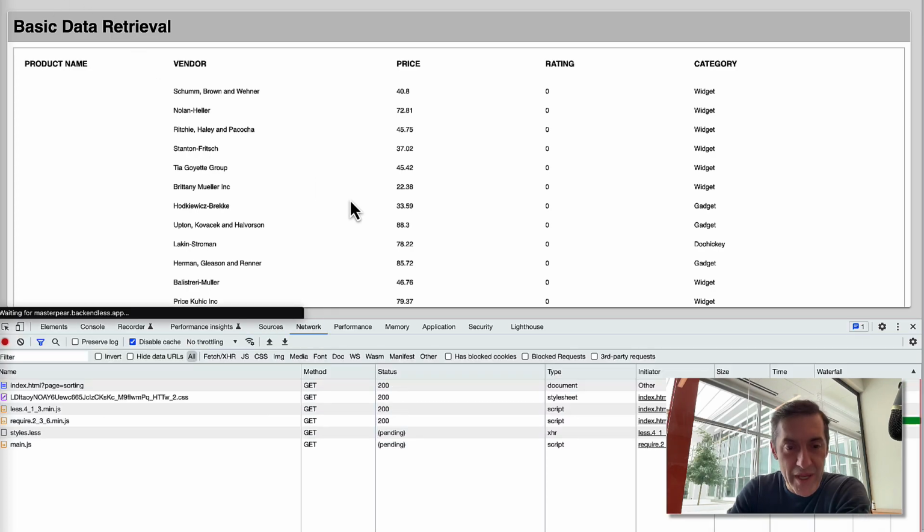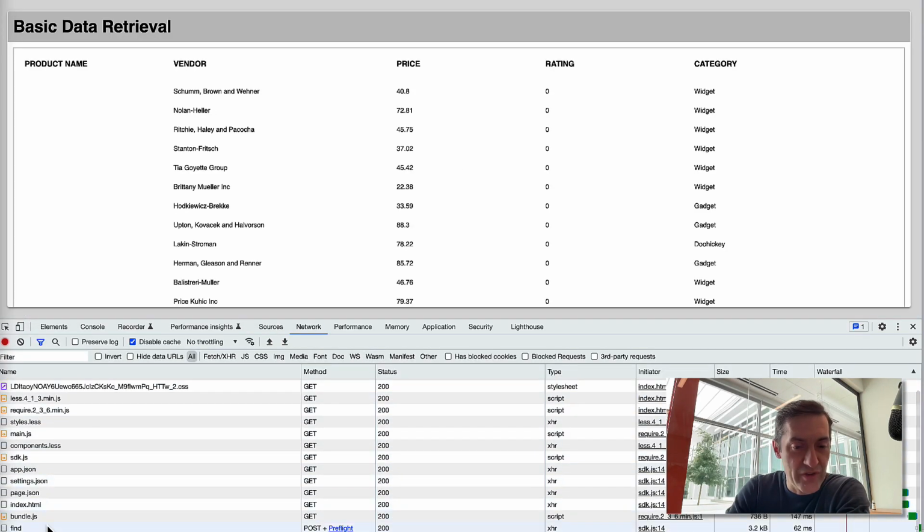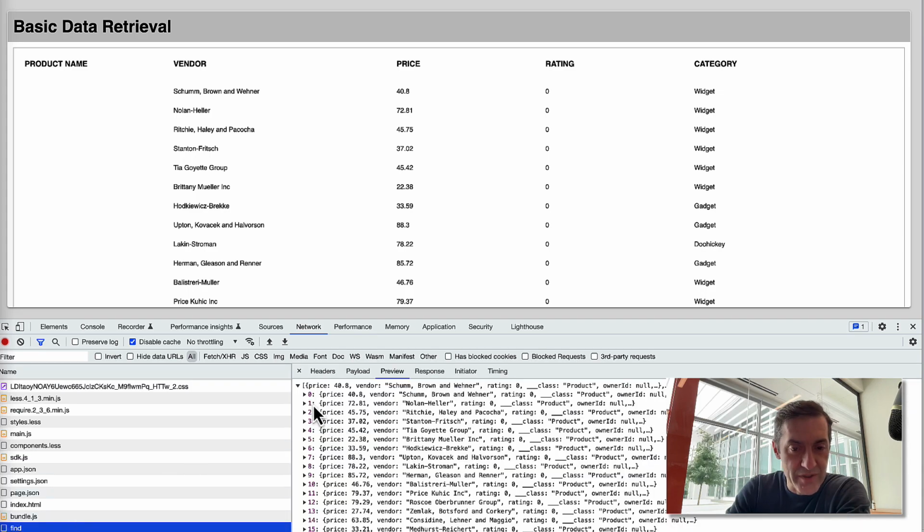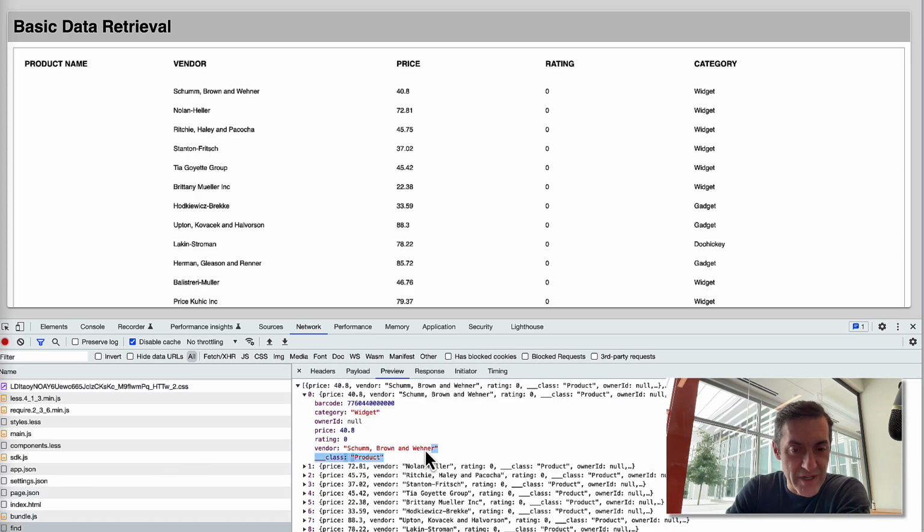Let's reload the page and take a look at what the response includes. So here, these are the properties that are coming back. As you can see, object ID, created, updated, and title are not here because we excluded them from the response. Well, we instructed the database to exclude them from the response, and as a result, they're not coming back.